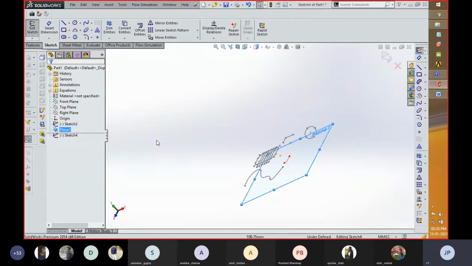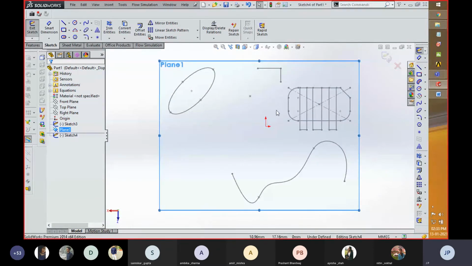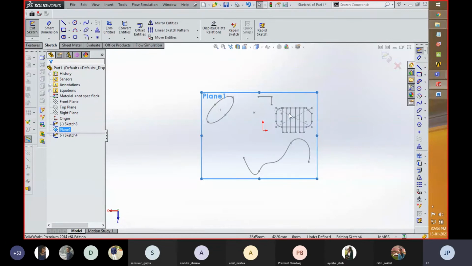Now, if I'm going to sketch on this plane, and for creating a plane view parallel with the user, you can use this toolbar and click Normal. By clicking Normal, the plane is going to be parallel with the user. And over here, if you want to copy all these sketches which you created, you can create a rectangle so all these components are selected.